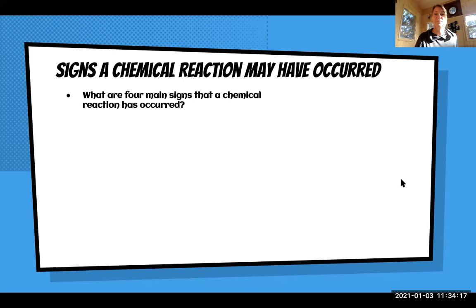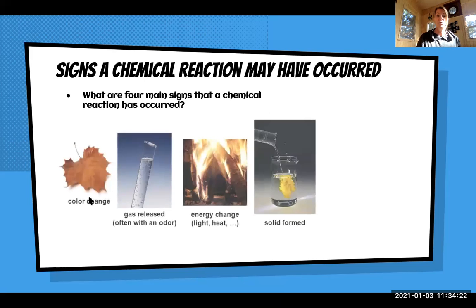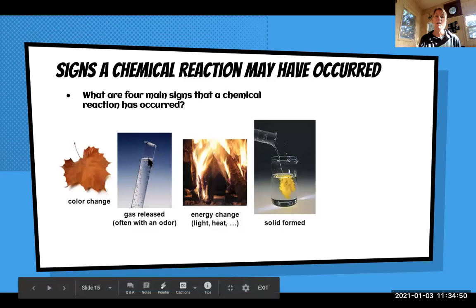Okay, last up. There are 4 main signs that a chemical reaction may have occurred. So these 4 things are a change in color. So when we see 2 substances mixed together and suddenly there's a change in color, then that could mean that there's a chemical reaction occurring. Gas is being released. So we mix two substances together and suddenly we start to see bubbles forming and a gas being released, right? So those bubbles are the byproduct of the chemical reaction. They're happening in a liquid and so they come out the top and float to the top. So this gas being released, oftentimes with an odor, is an example of a sign that a chemical reaction may